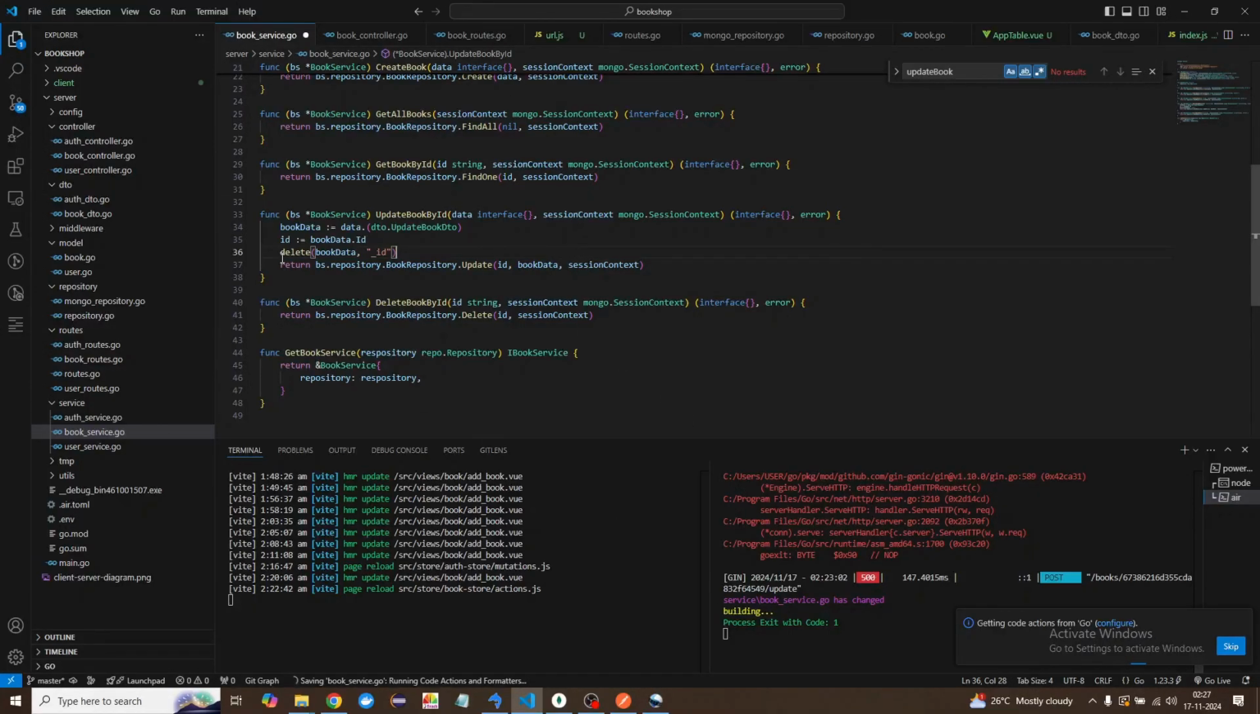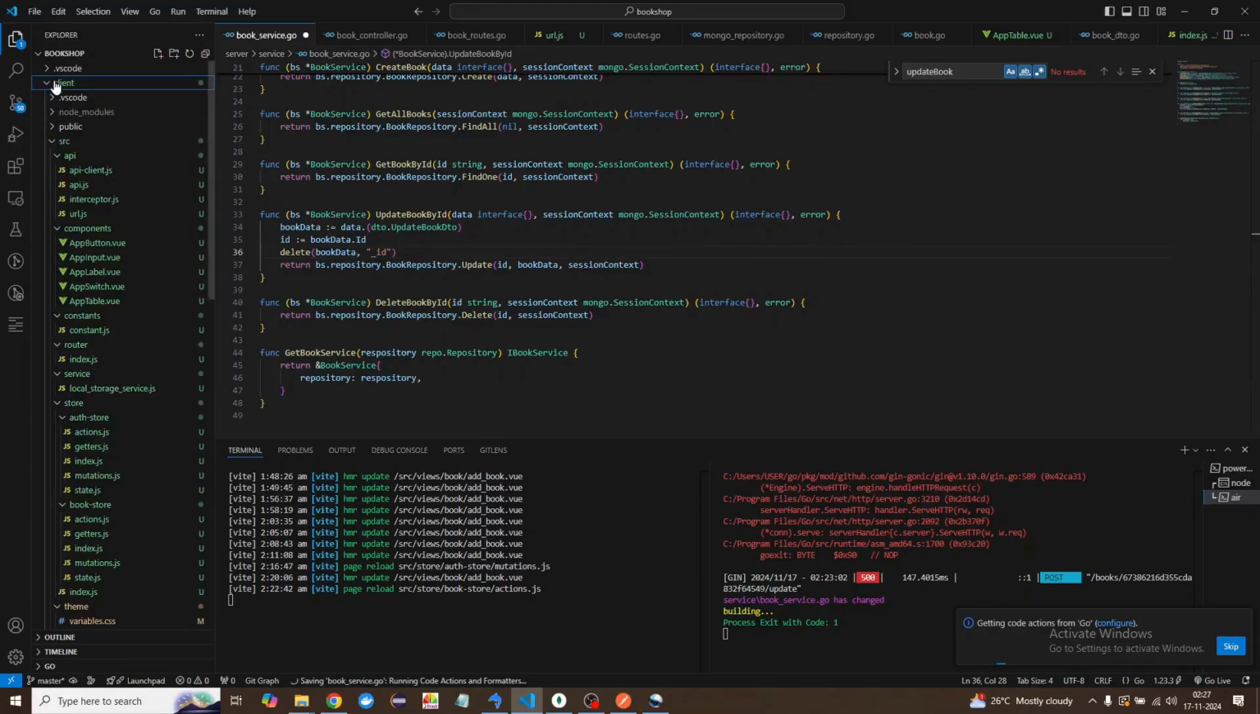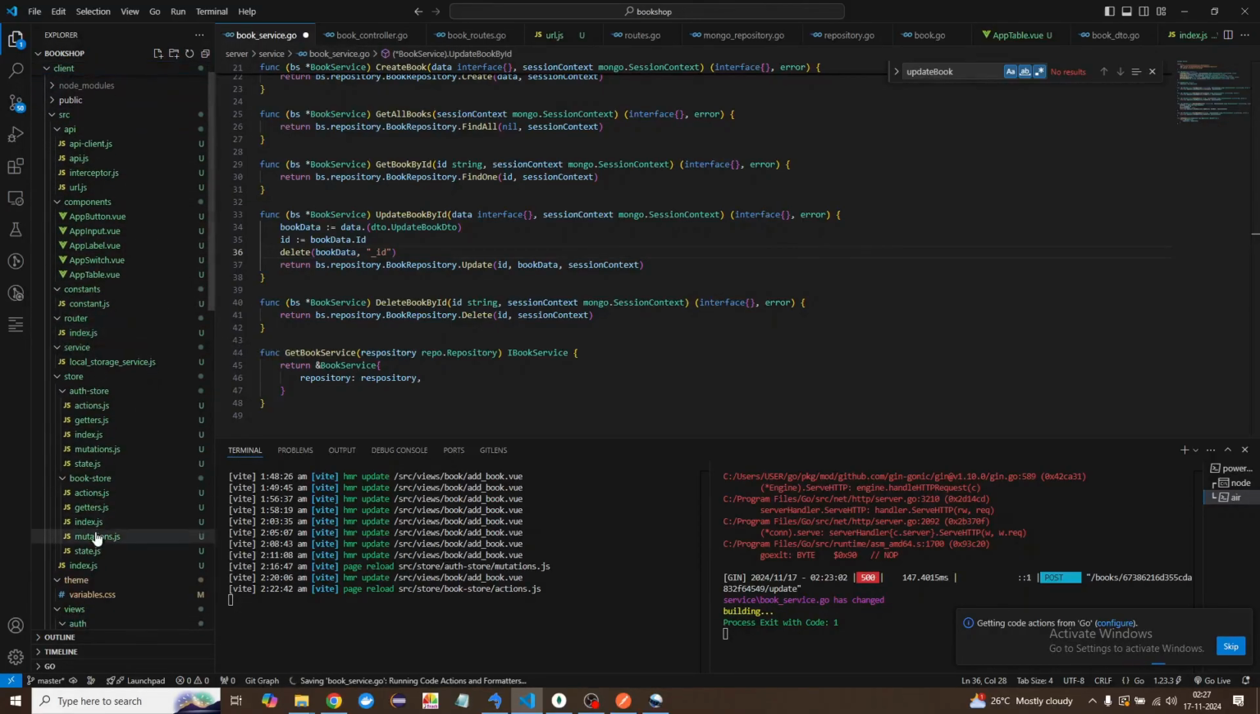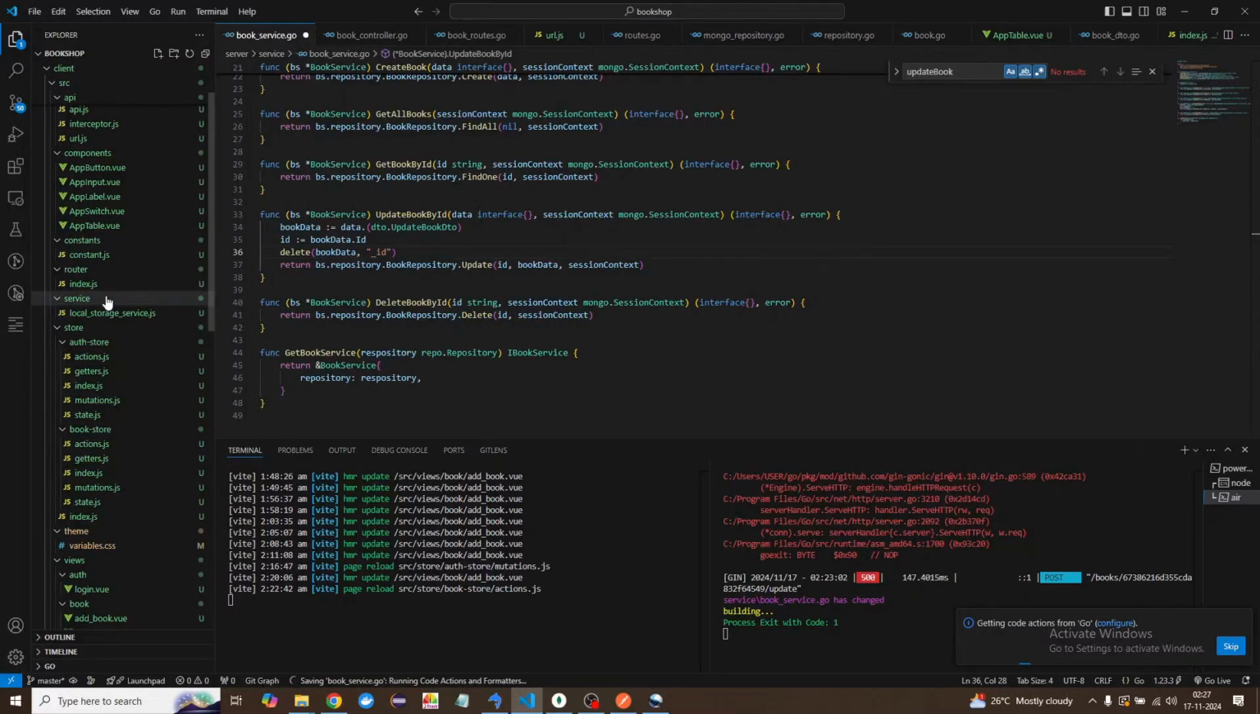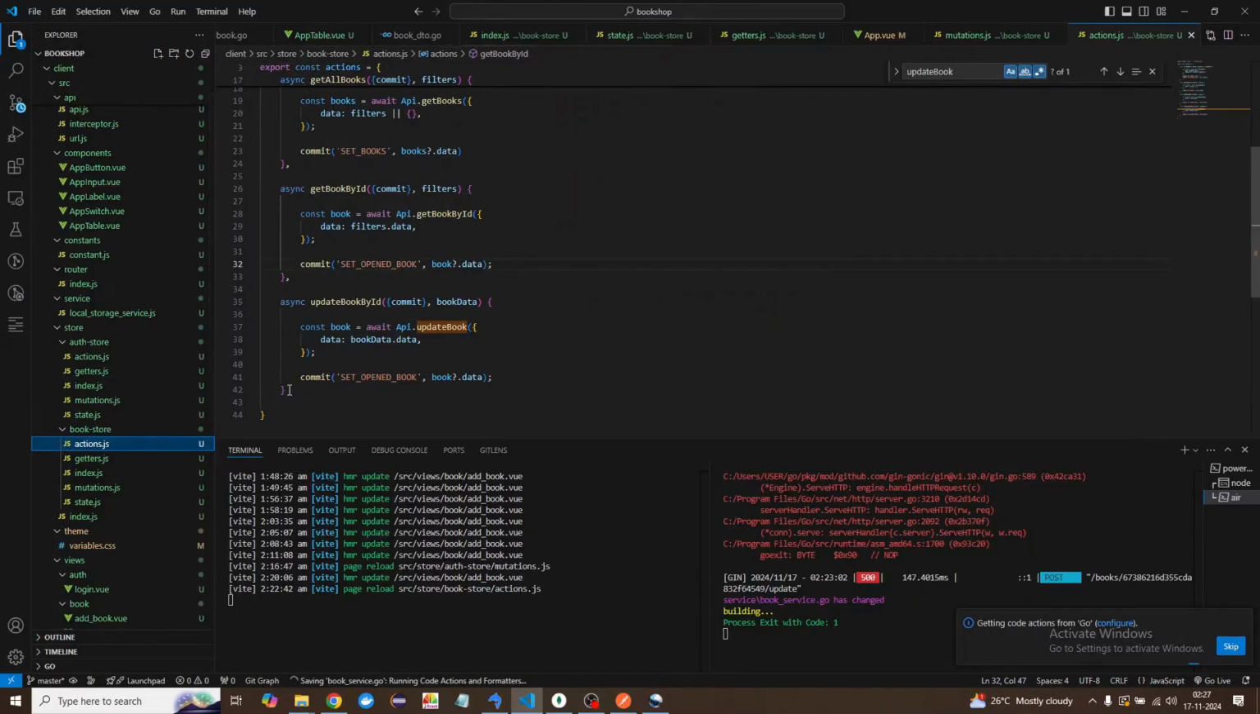Meanwhile it is getting restarted. I'll go back in client code. Let's attach the delete functionality as well. So for that we need to go into the bookstore actions file, and there we need to define this delete API